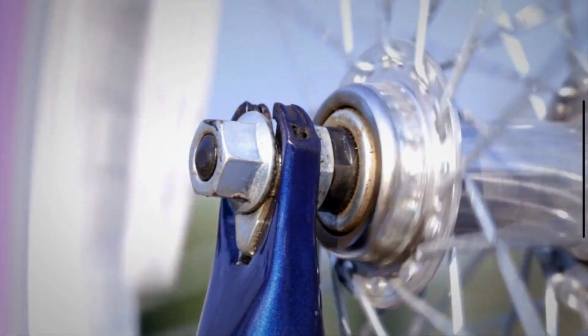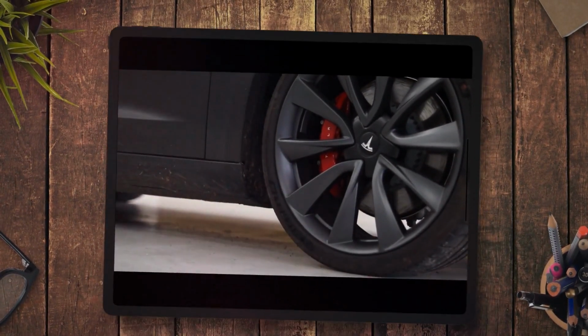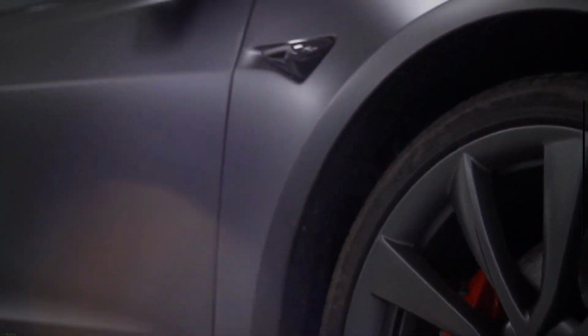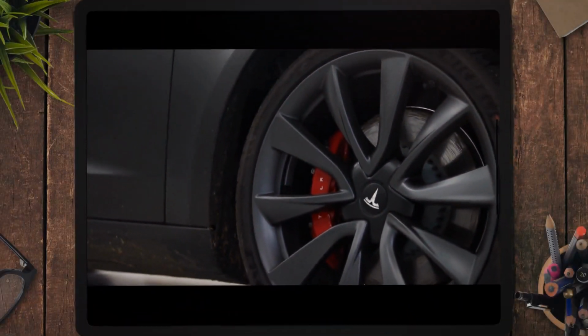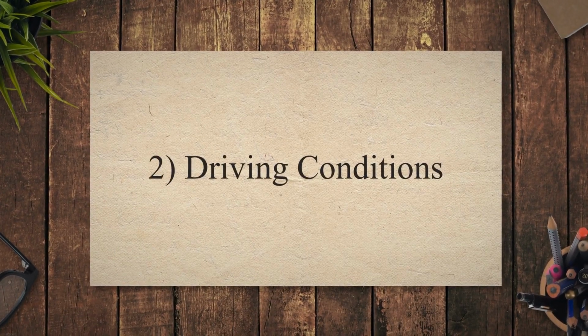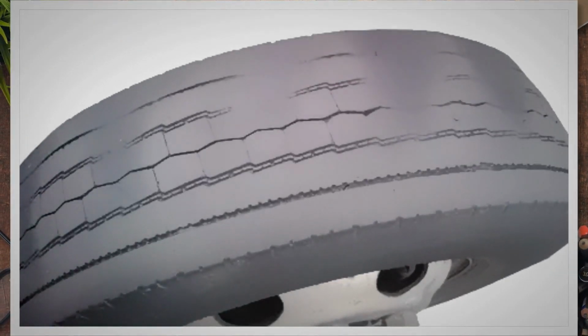Wheel bearings with high quality will last longer than regular bearings. The complex design of the bearings makes them a tricky product created with complex production procedures. Similarly, low-quality steel is less resistant to heat and will be worn out quickly over time. 2. Driving conditions. Regular driving through uneven surfaces like roads, salt, water, or mud can cause the malfunctioning of the wheel bearing. These contaminants can sometimes enter the bearing and mix with grease or